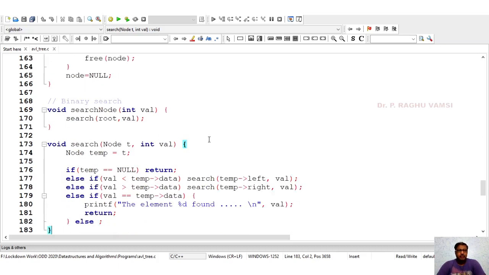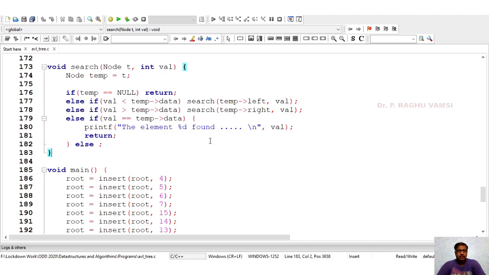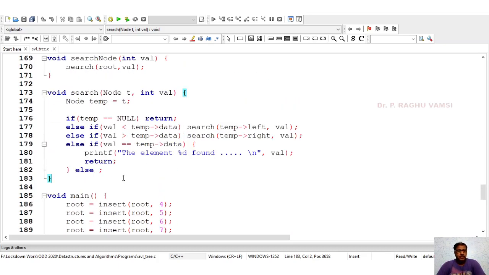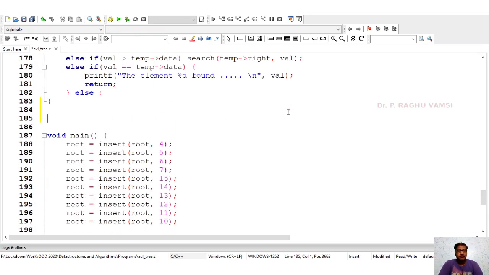So whenever a node is deleted, the remaining nodes in the tree should also follow the same height constraint, that is, the height of the left subtree minus the height of the right subtree is less than 2. This constraint must be satisfied at the time of insertion and at the same time at the time of deletion.